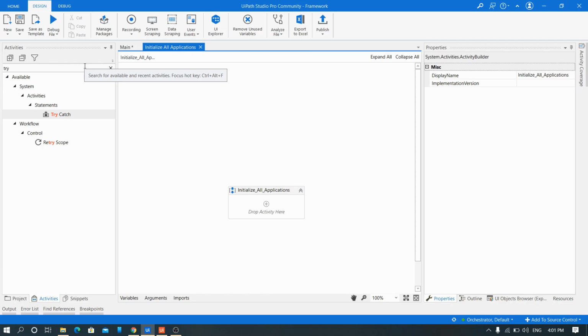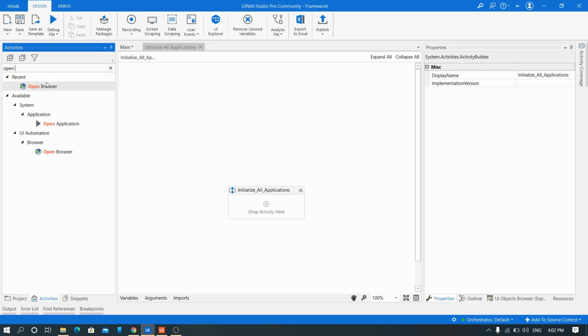When I say we initialize all applications, that means we open all applications, which is done only once. In the sense, opening the browser is done only once, and loading the Excel is done only once. Clicking on download file and starting the process is done only once. So all the processes that are done once, we are doing inside the init all applications.